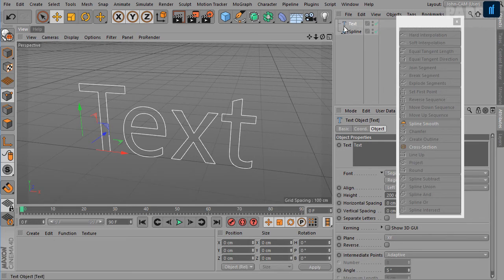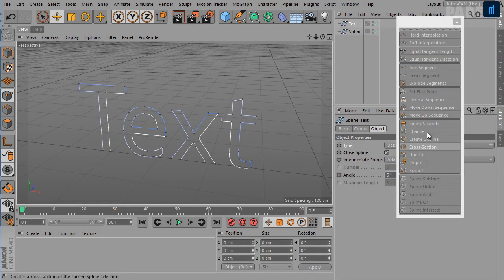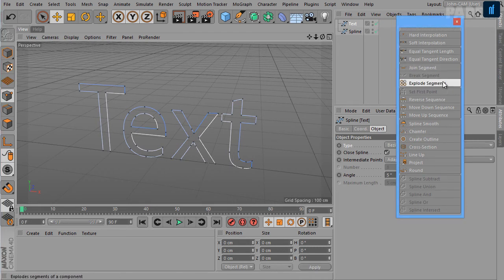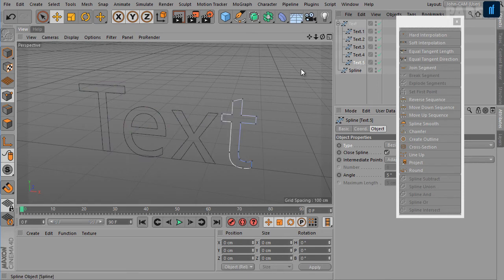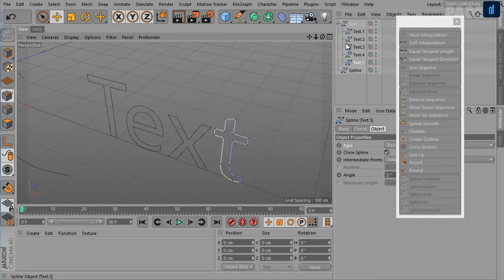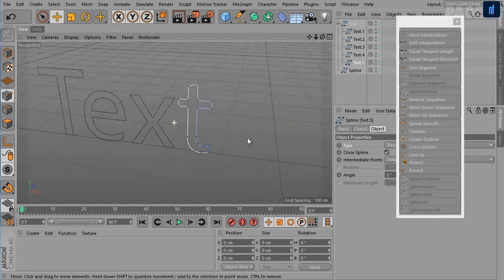Now press C to convert it to an editable spline, and then select explode segments from this menu. And now we have the original spline text, and the broken splines are children of the parent spline.